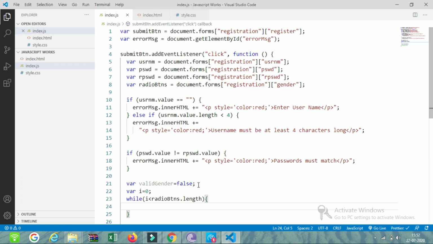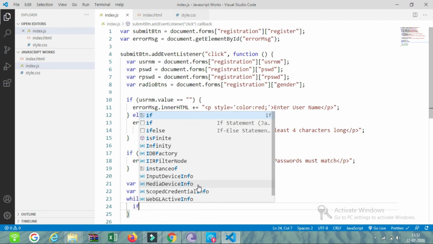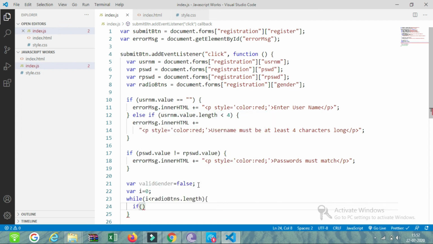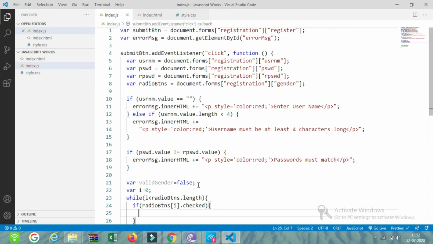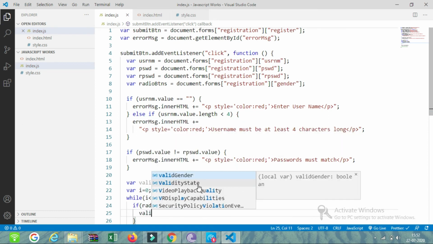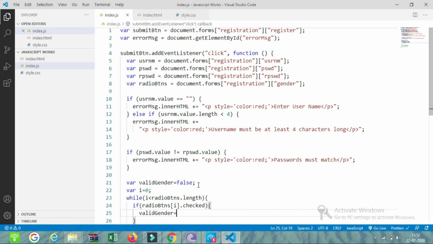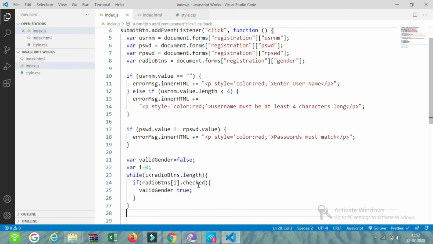Okay, if radio buttons of i dot checked. There is a property called checked for checking whether it is checked or not. If any of these is checked, then we will set valid gender equal to true, and inside this we will break from this loop,